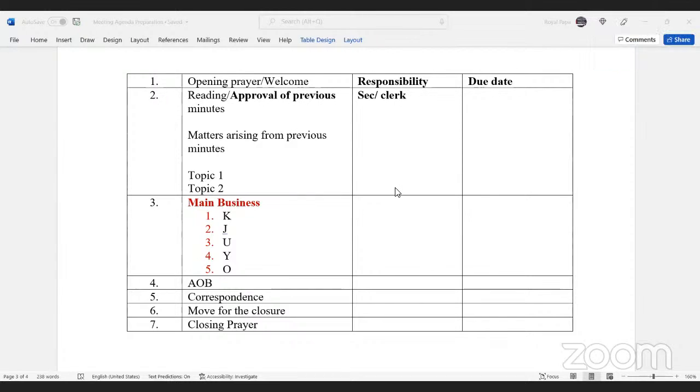All right. So today we looked at meeting procedure, and so